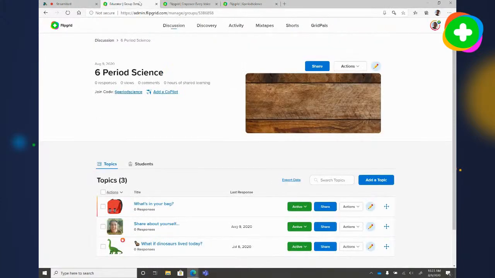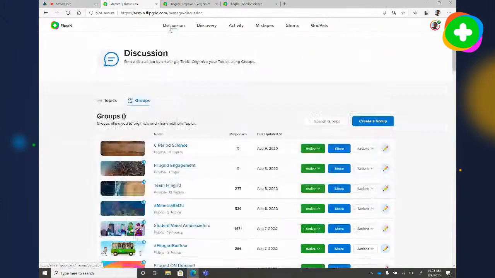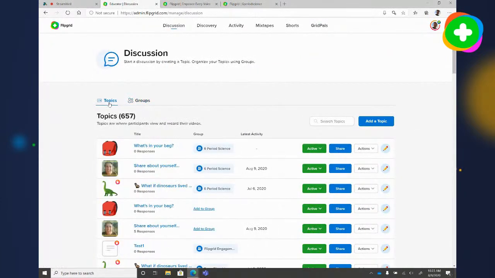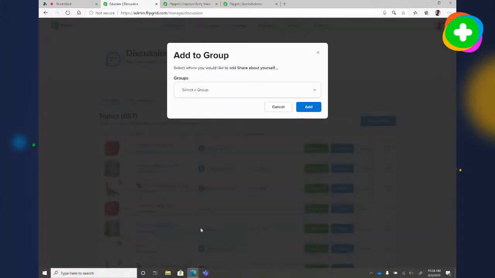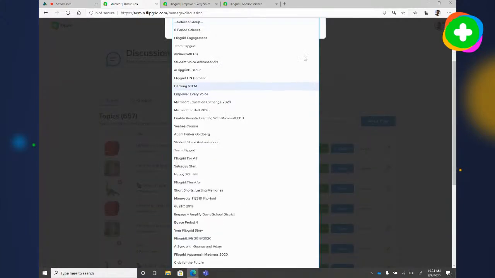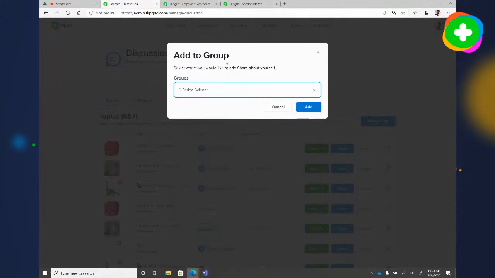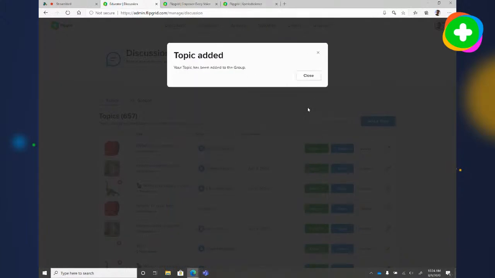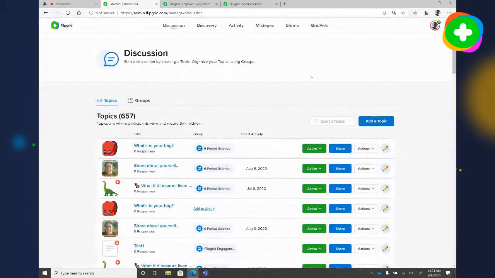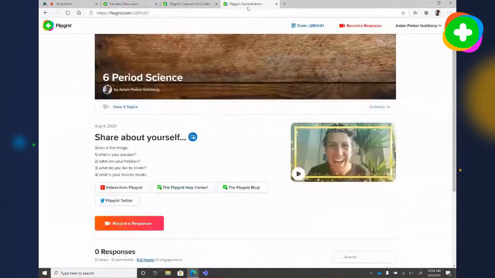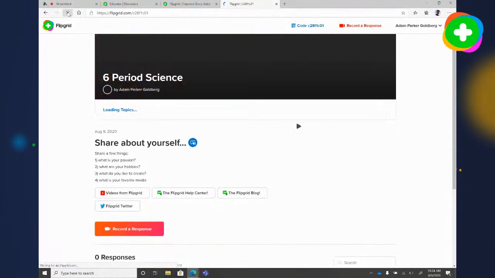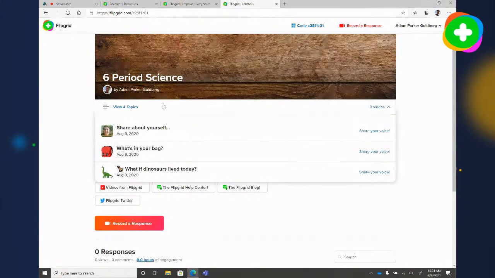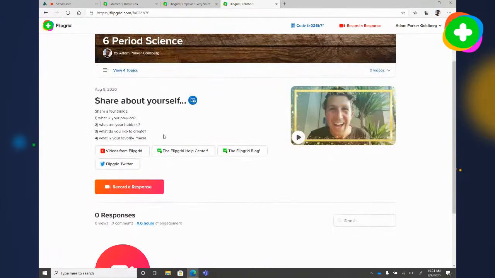Yeah, so let's go back to the educator dashboard and we'll go to discussion. We'll click that. And let's click topics again. And let's say we want to move the Share About Yourself into it. So we're going to add that to a group. So we're going to find the group we just created, 6 science, add it, and now we're going to close. And if we go to that group now, you'll see that it has, so we're going to refresh, go to that drop down, click into Share Yourself,